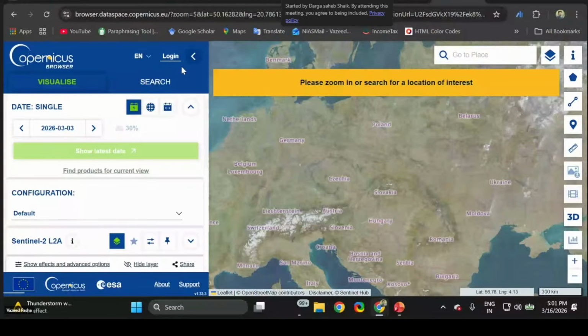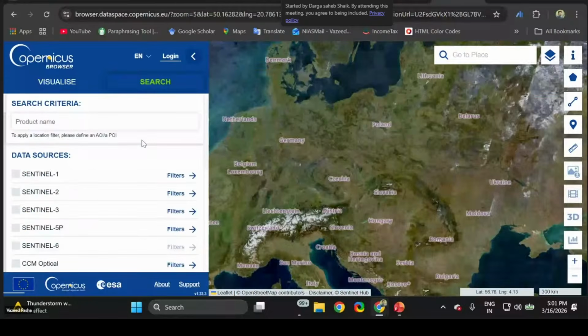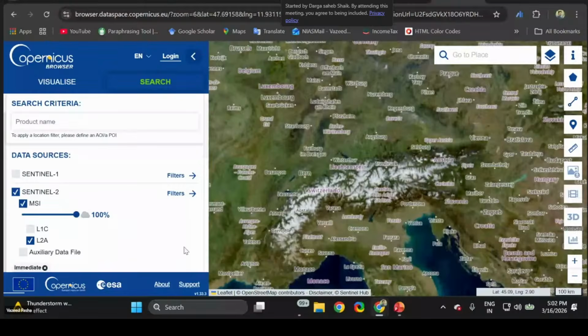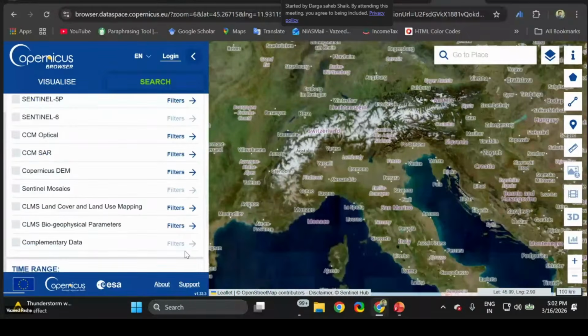You need to visualize and search Sentinel-2. For example, the most widely used Sentinel-2, level 1, level 2, are all available here. So accordingly, you need to select the data, geo-visualize, and download the data. And somebody interested in geophysical parameters, that also you can see.